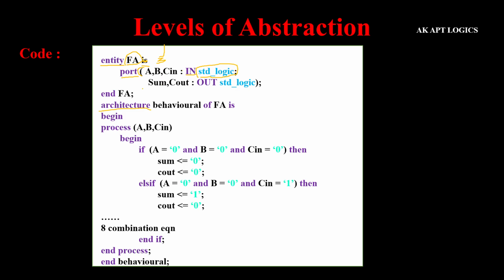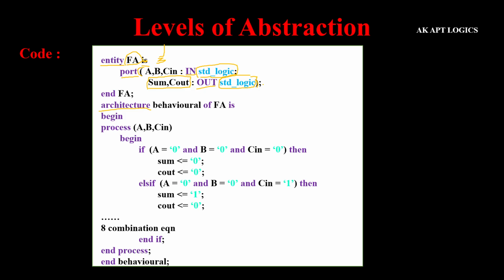After that I am going to mention the two output ports, those are sum and cout, and I am mentioning those two output ports in the same line itself, by separating them with the comma, and then colon, and then out. Okay, the mode is out, right? And then the type is std logic. After specifying std logic, I haven't used any semicolon. Why? Because it's the last port, right, that I am going to mention. So for the last one we have to specify the closed parenthesis followed by the